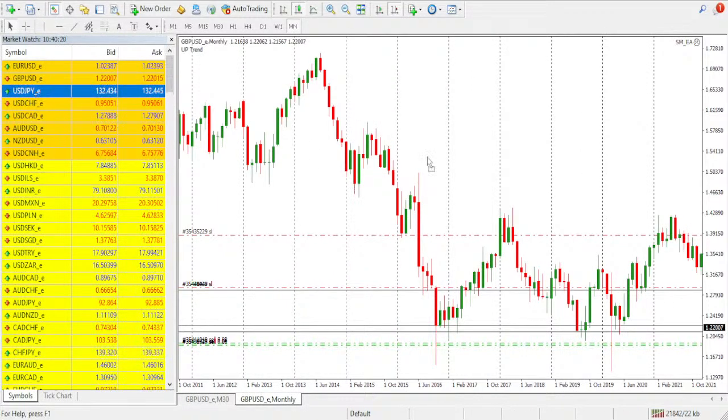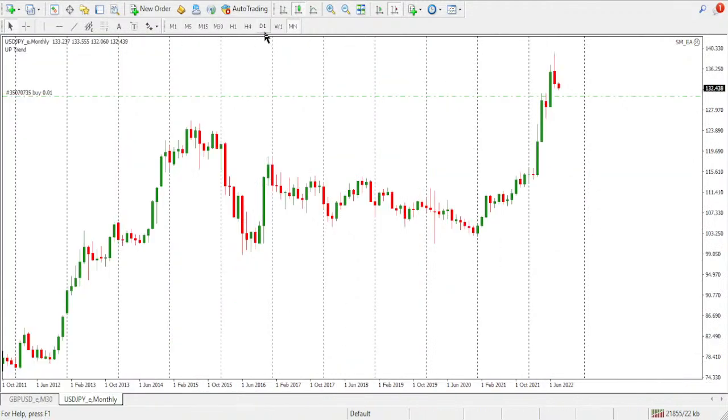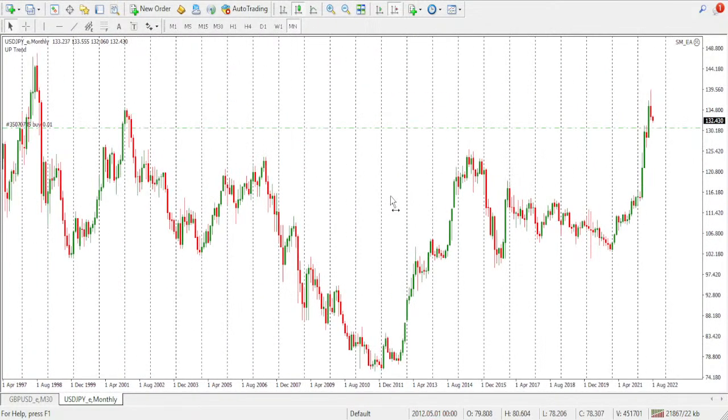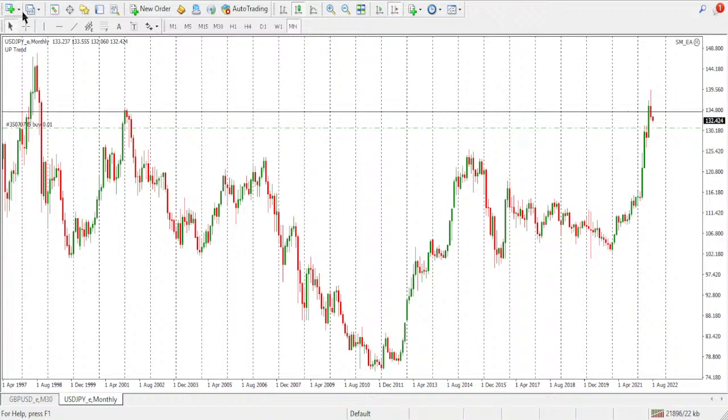My next chart is the US dollar Japanese yen. On this chart, I expected the buyers to carry the day. I was actually looking for a buy because the price was above this resistance level. But as it is now, you may likely see the price pull back downwards to around this line, which is 125.890. So expect the sellers to push price downwards, maybe up to this point, or the price may go up to this level here. Or if the price breaks beyond this line, which is 134.367, we expect the buyers to